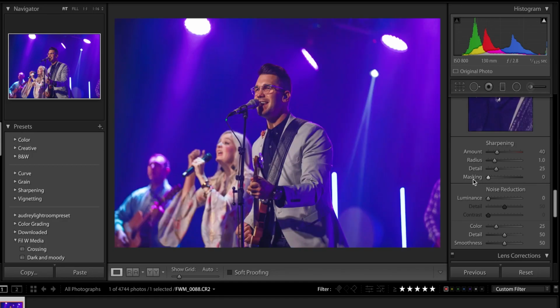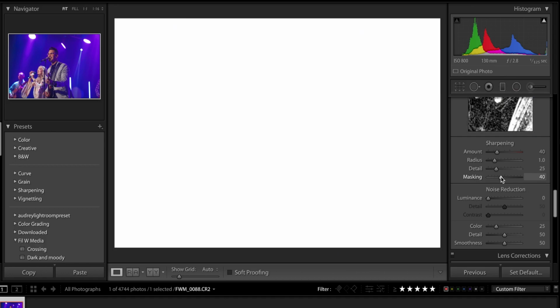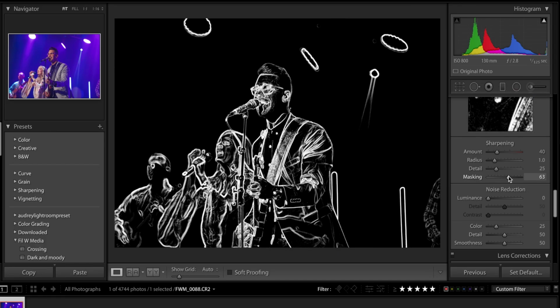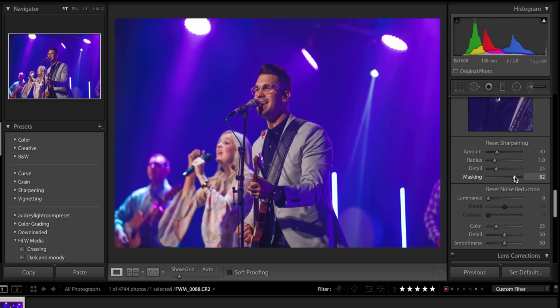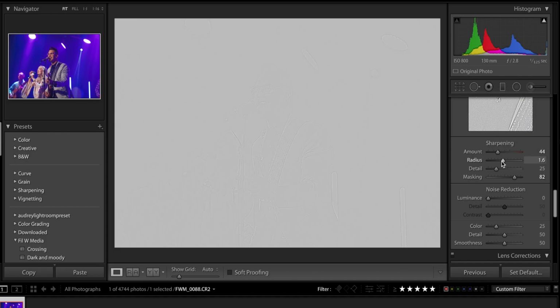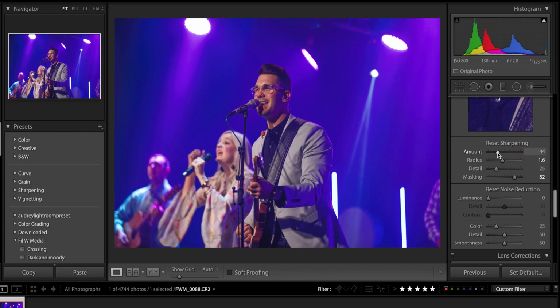So if you go here to your masking and you hit Option on a Mac, and I'm not sure what it is on Windows, but if you hit Option and then drag your slider on masking, you can decide what all you want to be sharpened. And then same with sharpen and the amount and the radius. Find what looks good to you. That looks pretty decent to me. The sharpening, I don't go wild on it because it's one of those sliders that you can really destroy an image if you take it too far.